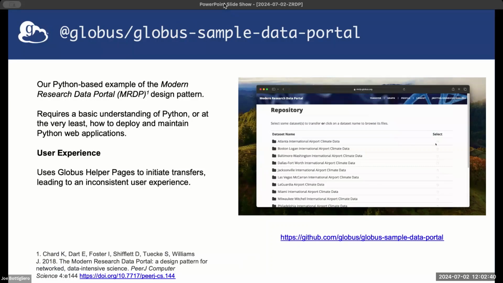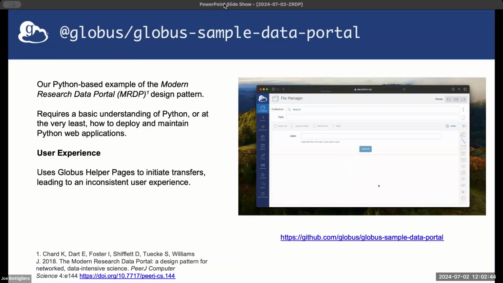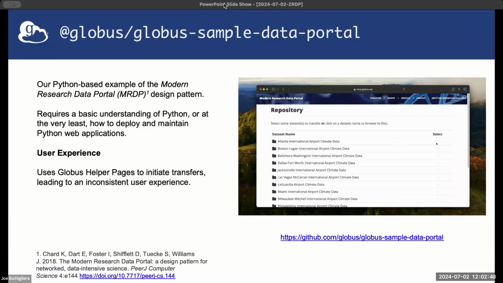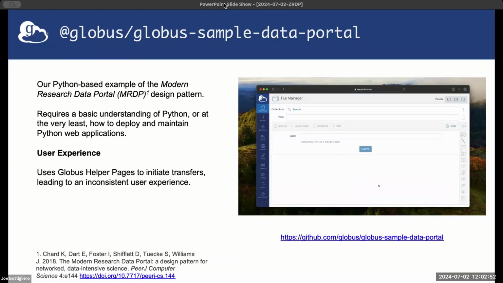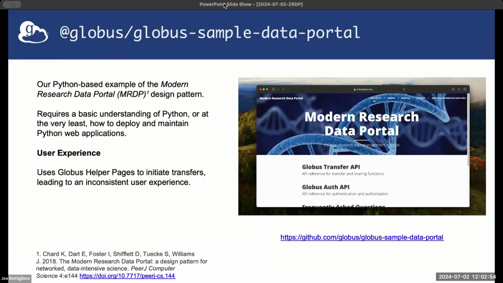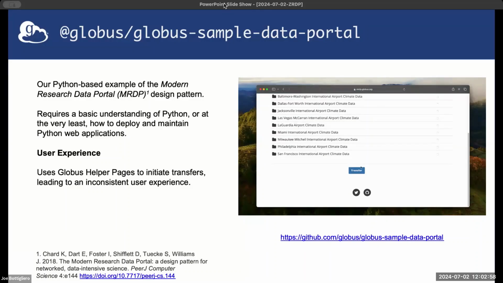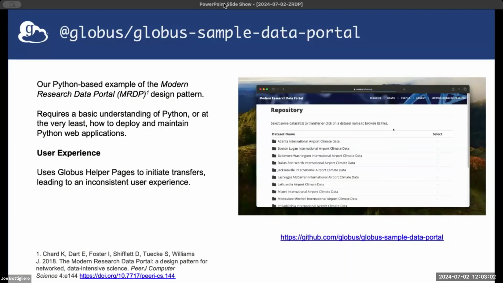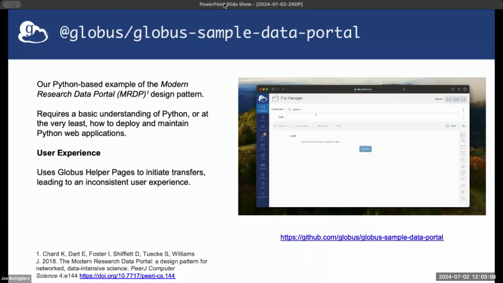If you've used portals in Globus in the past, you might be familiar with the Globus sample data portal. So this is a Python-based implementation of the modern research data portal design pattern. And from an implementation perspective, it's written in Python, which means you have to have some familiarity with the language. But it also requires you to understand how to both deploy and maintain a Python web-based application. From the user experience perspective, the